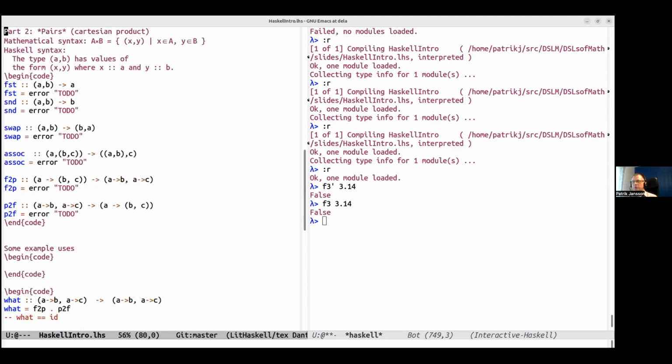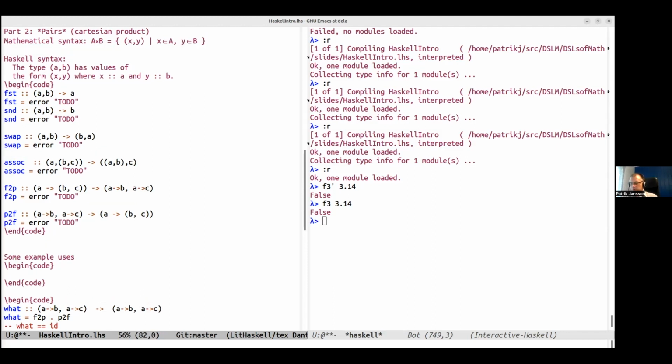So a very common concept in mathematics is Cartesian product. So here's the mathematical syntax. If you have 2 sets, A and B, you can form the set A cross B. And that is all the ordered pairs of values x and y, where x comes from A and y comes from B. So the typical example, if we have the set 1, 2, and then I don't quite know how to create that Unicode symbol, cross it with, say, A, B, and C, then we will get the pairs